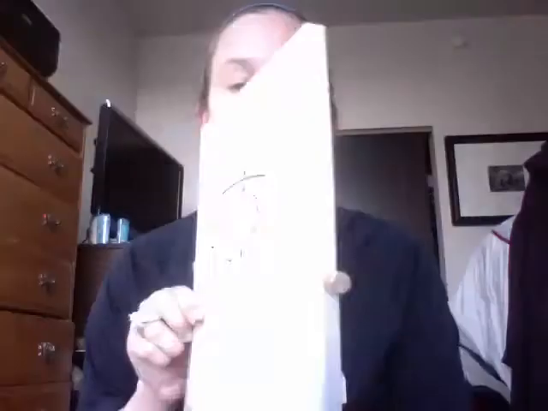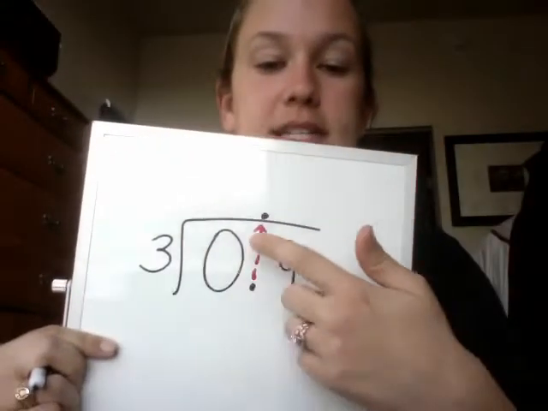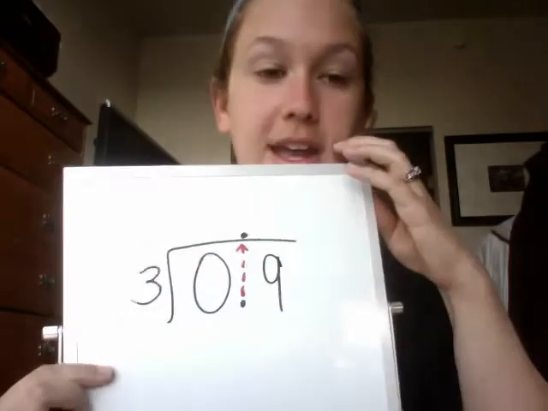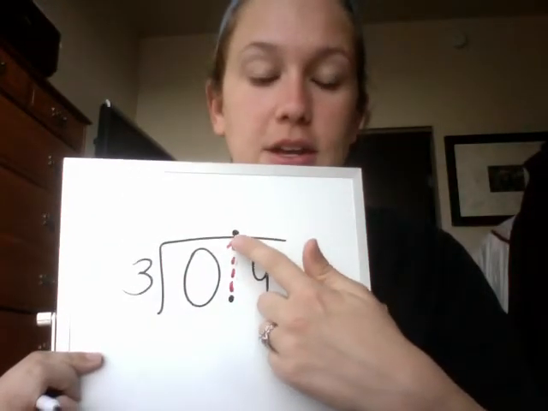First things first, I'm going to bring my decimal point. I'll draw a little arrow. Actually, I'm going to draw it in red so you see what I'm doing. First thing, before I even start dividing so that I don't get confused, is bring my decimal point right up to the top and put it right where my answer is going to go, right here,